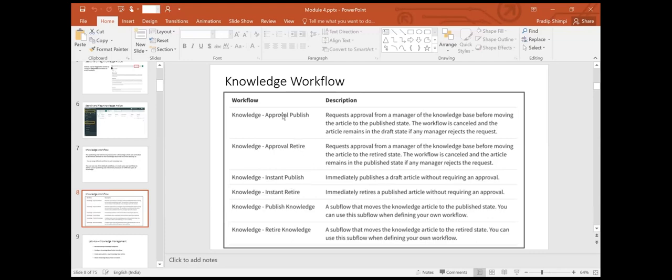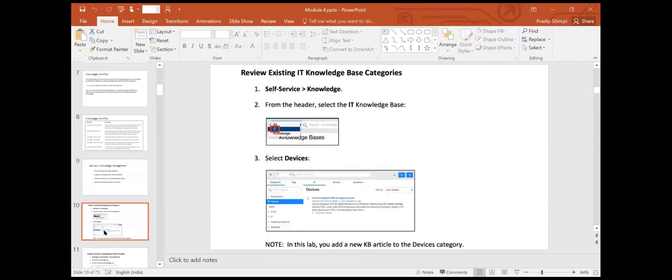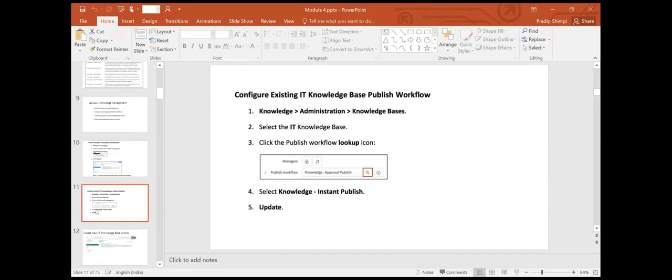So you can decide which workflow we are enabling for approval and retirement of a knowledge base. Then there are some subflows, okay, which are also available to you in order to create your own workflow. So when you create your own workflow, you can use these building blocks, which are ready to use. Okay, so for publish knowledge and retire knowledge both. So when you are creating the knowledge article, you can define which workflow will be used for which categories. So if you go to the